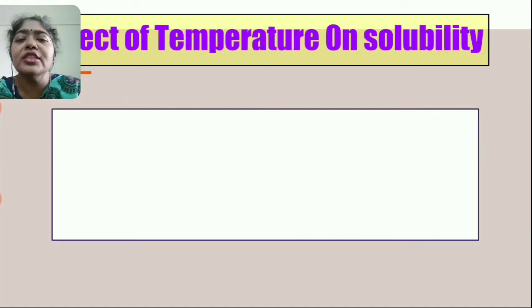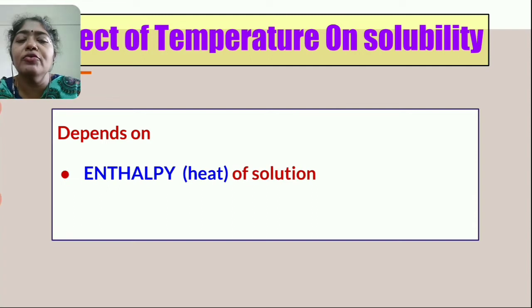This brings us to the next factor that affects solubility, which is temperature. This can be explained on the basis of the enthalpy of the solution. Enthalpy is nothing but the amount of heat absorbed or released during the solution. Based on this you can classify the process as endothermic or exothermic in nature. If the dissolution process, meaning when I dissolve the solute in a solvent, absorbs heat, it is said to be an endothermic process, and if the process of dissolution results in evolution or release of heat, it is said to be exothermic in nature.